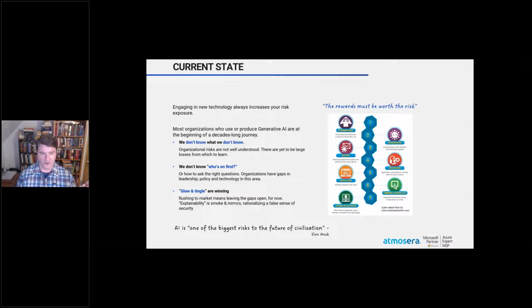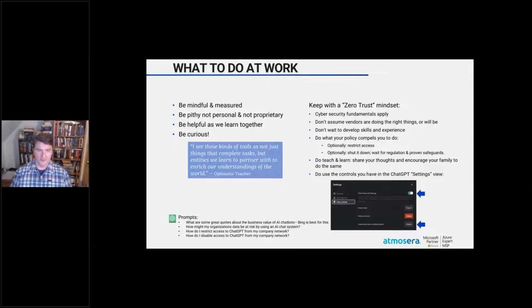We talked about a lot of it already in that personal view of this, but almost all of that applies in your professional space as well, right? Being mindful and measured. Don't be personal and don't be proprietary. Instead, be pithy in your prompt experiences, in your prompt engineering. Please do participate in the conversation. Be curious. The same sorts of things about the personal development will apply in your company as well. Right? But